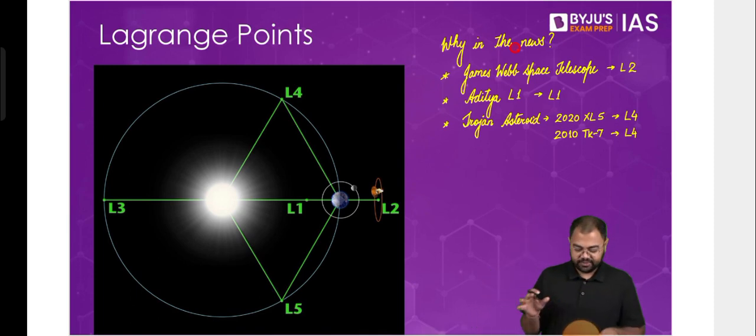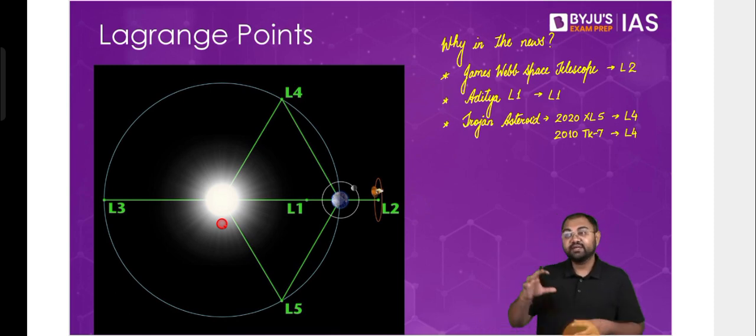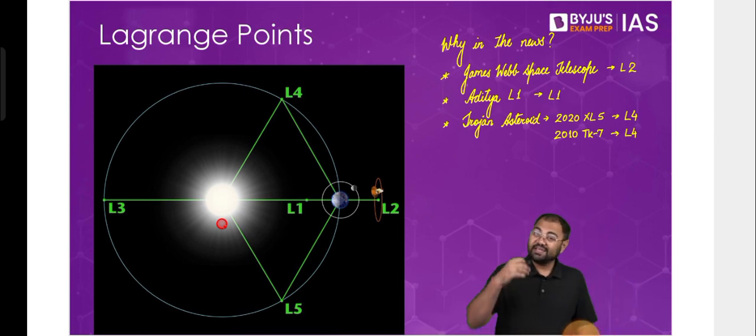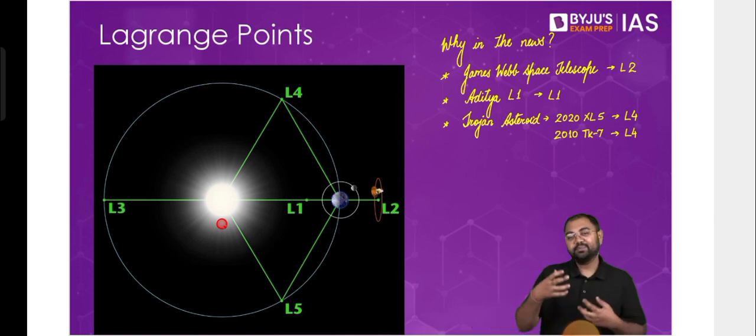Now, when it comes to understanding all these points, the picture that you see right here on your screen is of the Sun and the Earth. The Sun and the Earth is also a kind of two-body system, where the Earth is revolving around the Sun. Similarly, with the Moon revolving around the Earth, the same 5 points will be produced. With any satellite revolving around the Earth, the same 5 points will be produced. Just that, depending on the mass, the points that are produced can be much more stable or much less stable.